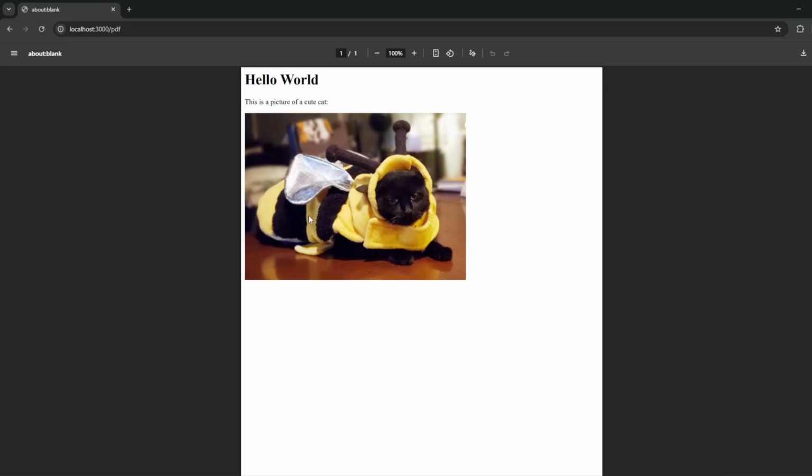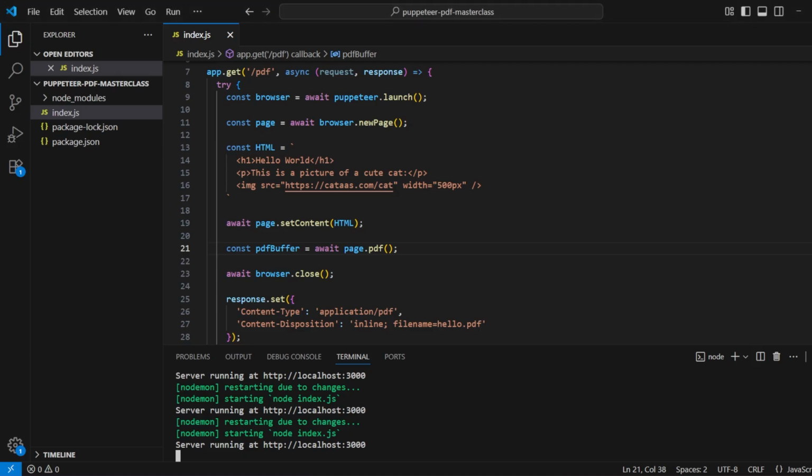Now what if you could change the margins, the size, the width, height of the PDF, or even change the orientation from portrait to landscape? Now all this is really possible in Puppeteer. If I go back to the code base,